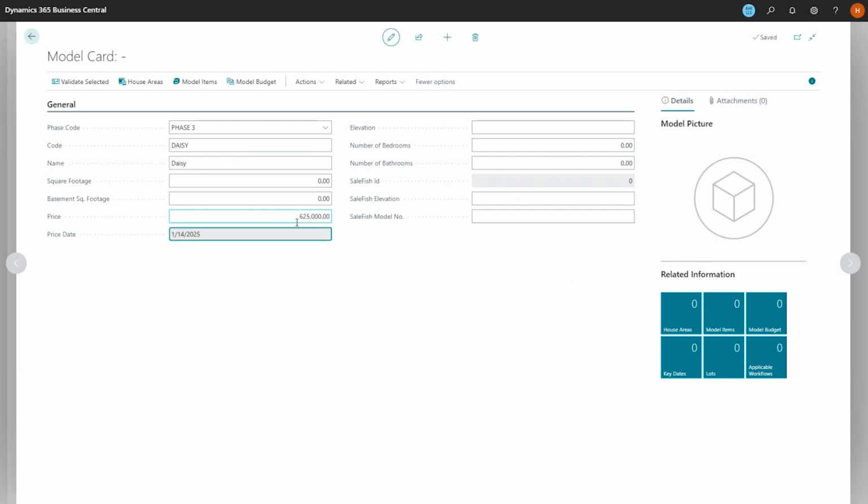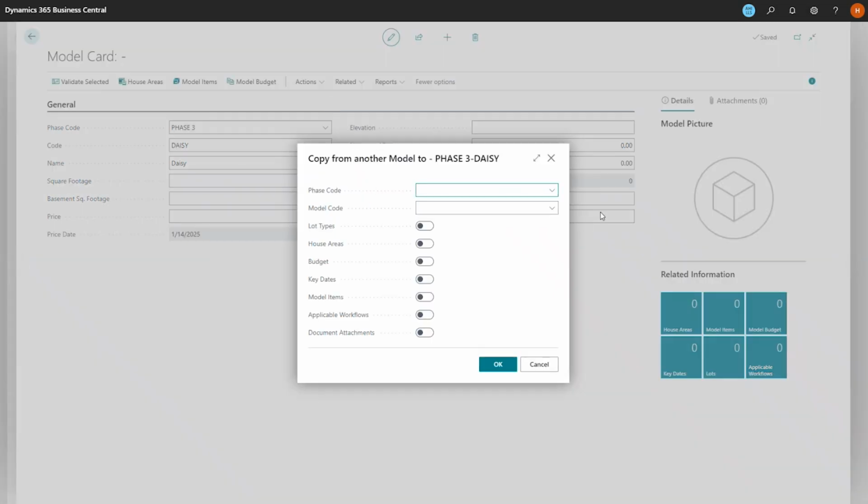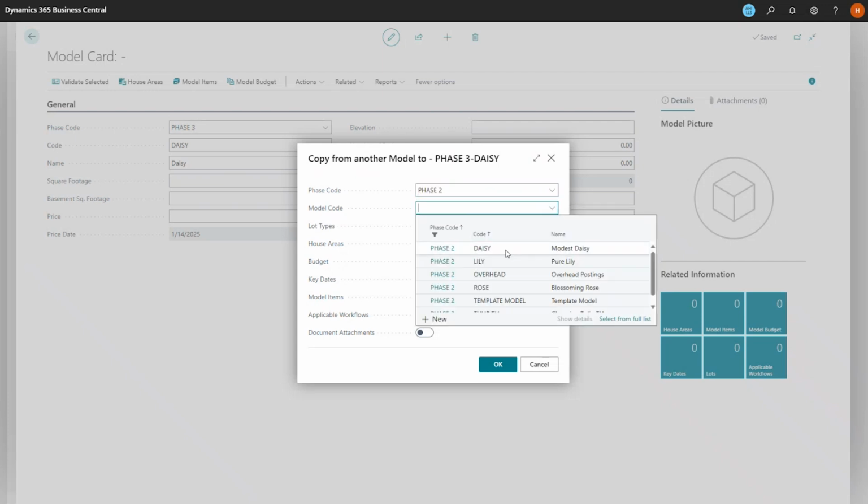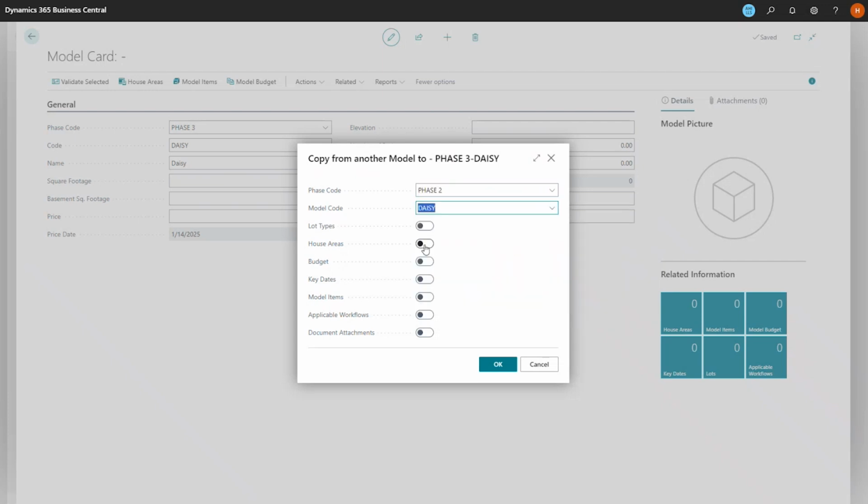If you have lot types, then the price is established in the lot type window. But we don't have that turned on here. What I can do if I want to is I can go and set everything up manually, but from my situation, what I'd like to do is copy from another model. Now in here, I'm going to go into phase 2 because I know I already had a Daisy model in